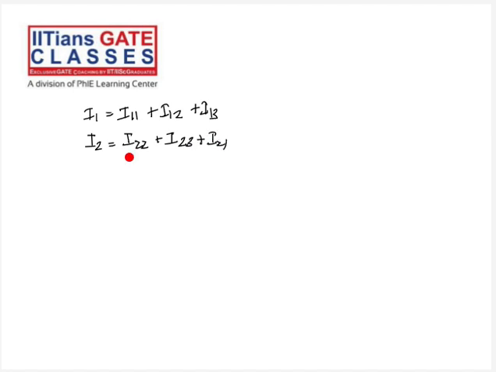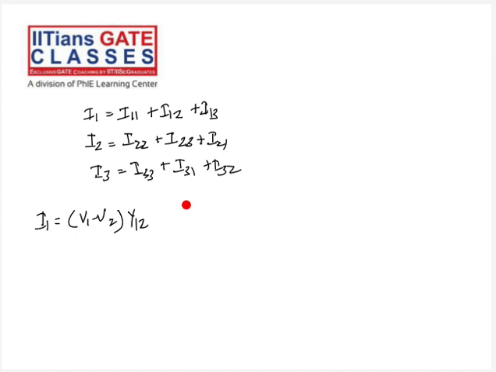Similarly, I3 would be I33 plus I31 plus I32. So if I put it in terms of voltages, it would be V1 minus V2 into